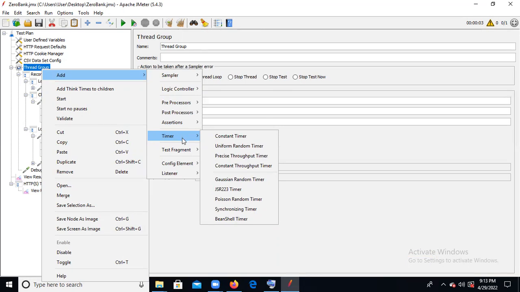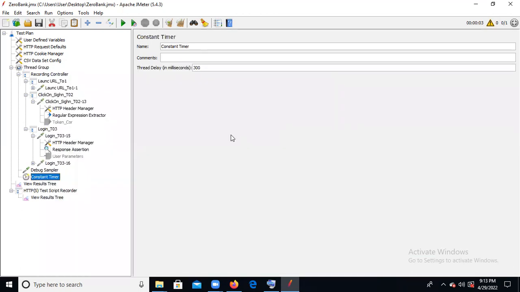A constant think timer means the delay will be constant. For a uniform or random timer, you can select the random one, and we have the Gaussian random timer there, and similarly the bean shell timer. If you want the constant one, you can select this one, and you need to add it to each